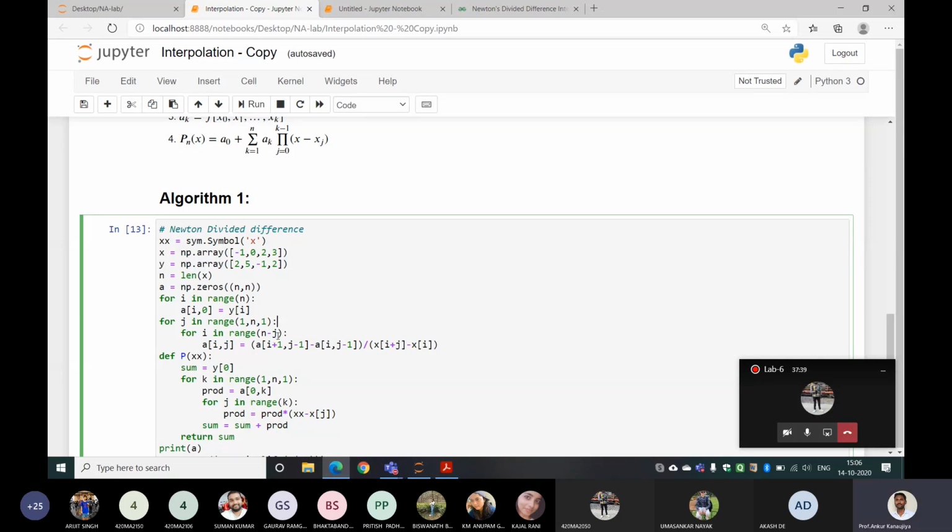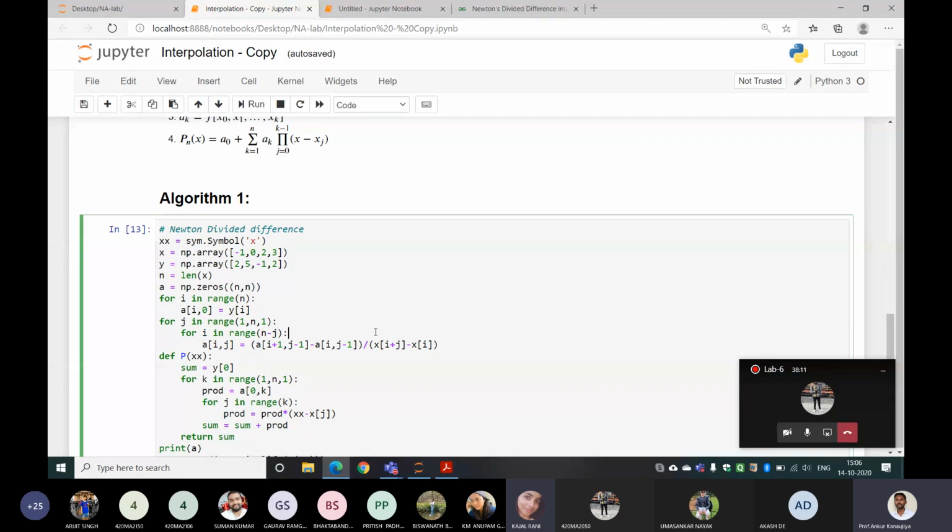So if j equals n minus 1, what do you get here? n minus j is 1, because the last entry is only 1. So every time it will reduce, and the total size is n. For the first column it will be n minus 1 because j equals 1. For the second column, n minus 2. For the third column, n minus 3, and so on it will reduce. And it is written range n minus j, that means it will start from 0 and go up to n minus j only. So this loop is clear. Every time i is reduced.